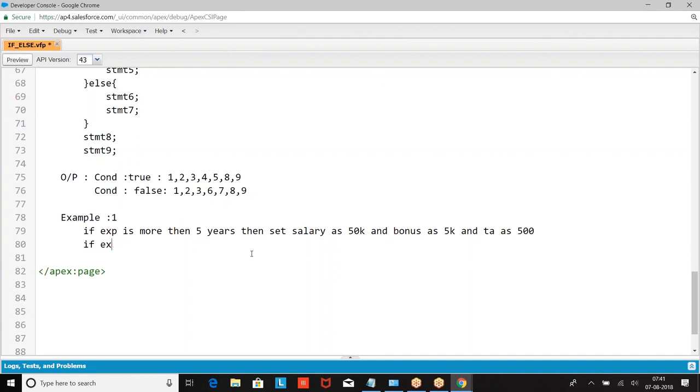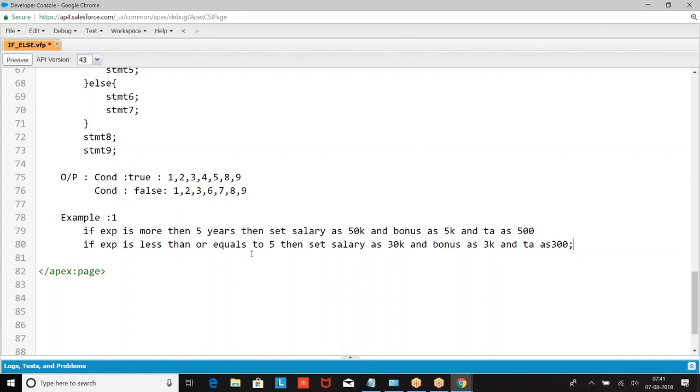If experience is less than or equal to 5, salary as 30K, bonus as 3K, and TA.